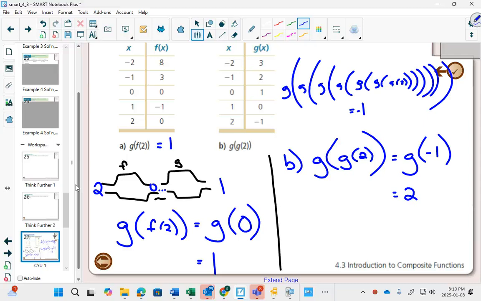Imagine 5 pages of an exam, just G brackets. And you're like, oh, I was just counting. Or you could do this one the slow way, and first replace this with a -1. And then replace the next one with a 2. And then replace the next one with a -1. And you keep going until you get the final answer. Okay. Circle question number